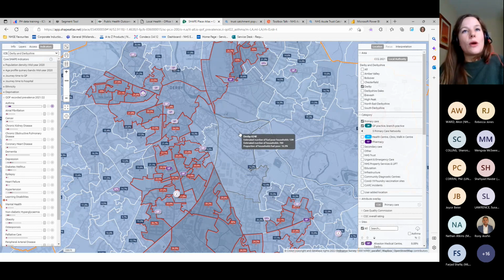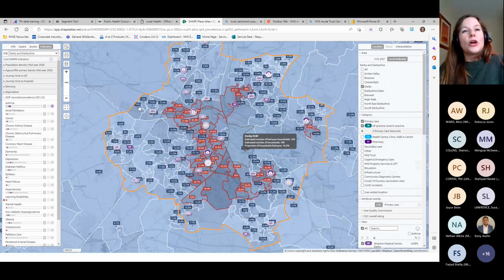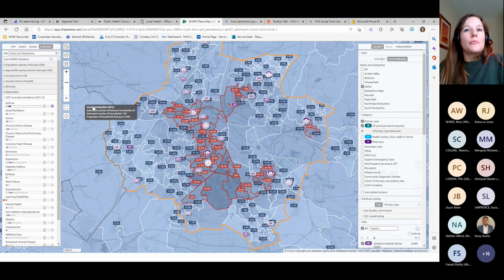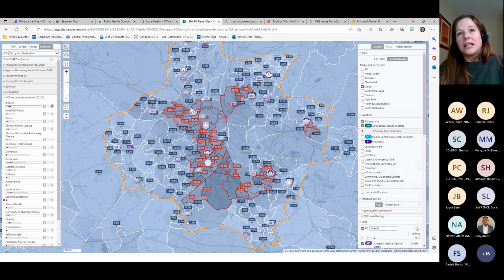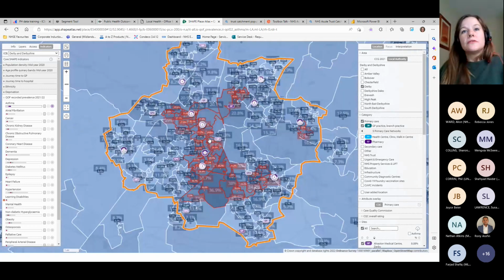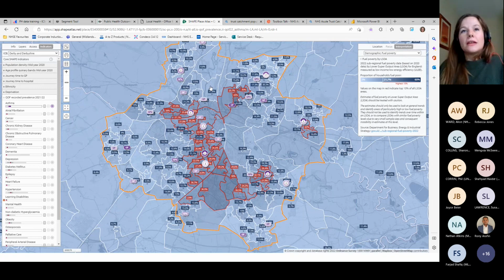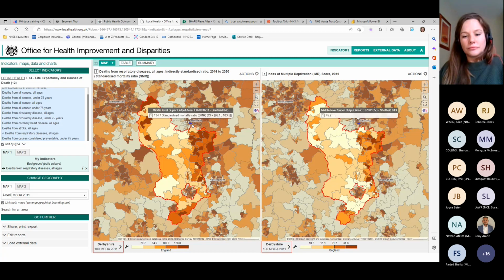But I just think it was quite a nice way of showing how we can start to layer these bits of information. So, for instance, we know that some of these areas where there is particularly high prevalence of asthma, we also have high fuel poverty, and that may suggest that we want to put some kind of intervention in with these GP practices to prevent any poor health outcomes for these individuals. So I think that's all I've planned to show in terms of the tools.